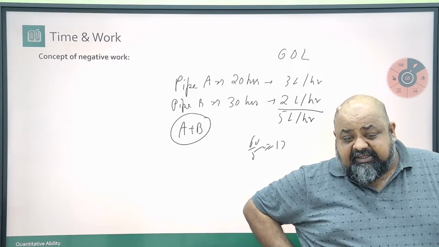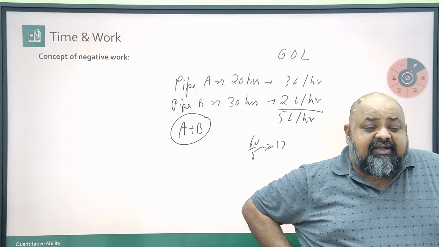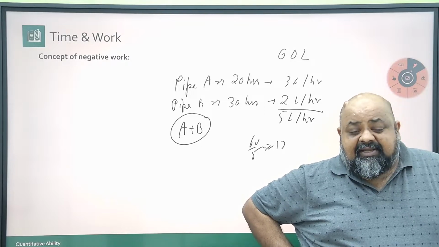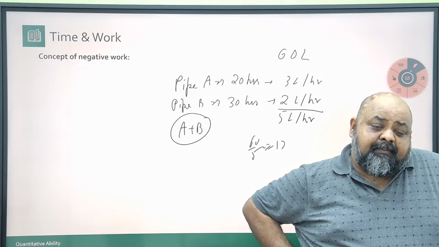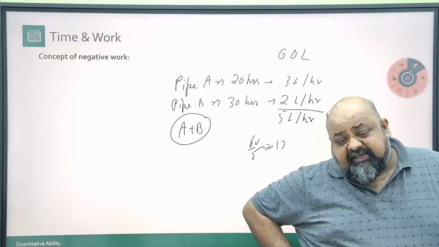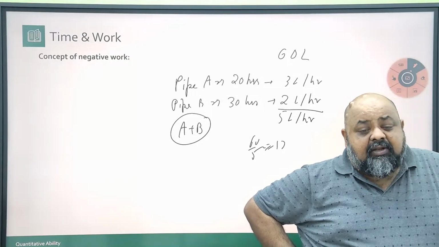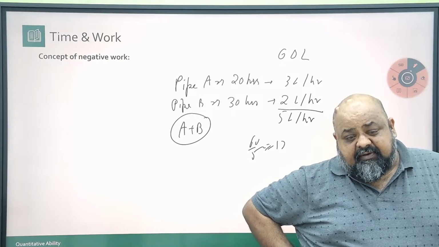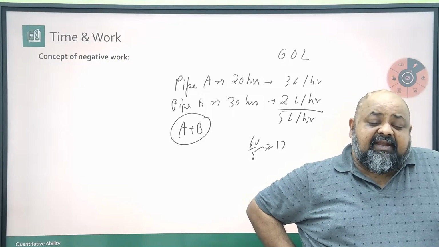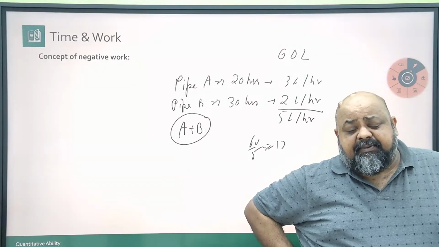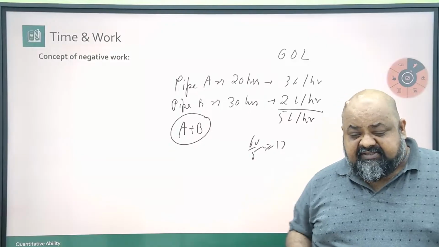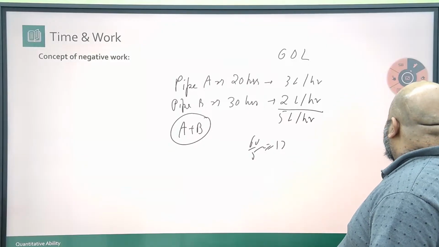अगर एक पाइप 3 लीटर्स भरता है और एक टैप है जो 1 लीटर खाली करता है, तो नेट कितना टैंक भरेगा? Pipe puts in 3 liters, tap takes out 1 liter, 3 minus 1, 2 liters will be left. So in case of negative work, we simply subtract the efficiencies. For example,